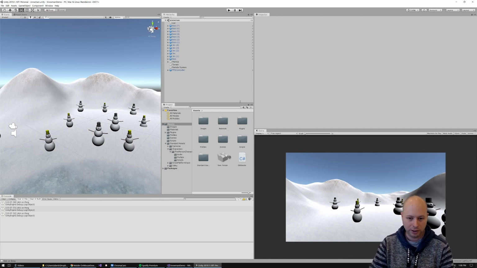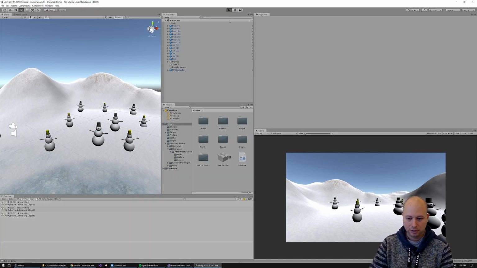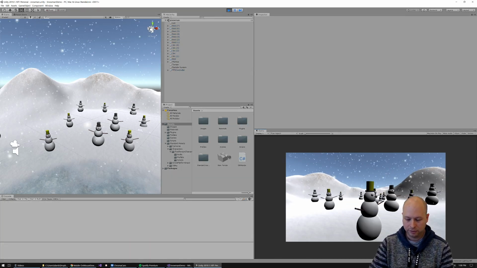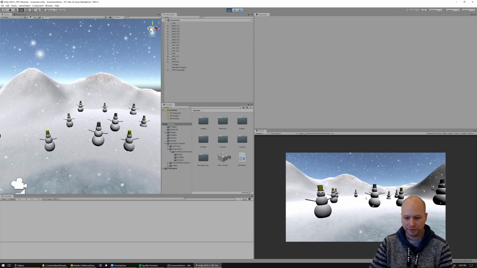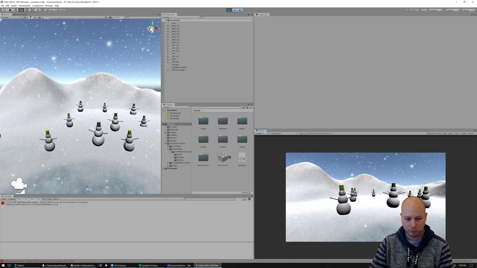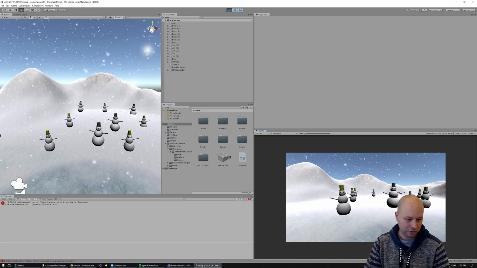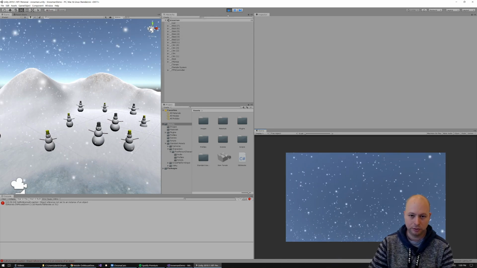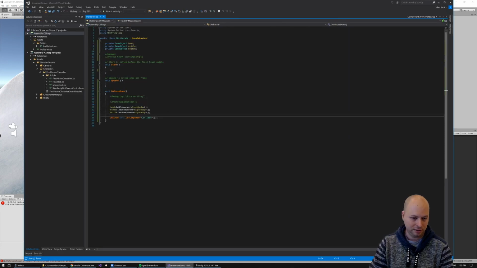And so if I go in and I hit play, as long as it's implemented everything, now if I hit escape and I click on this guy, it'll add, nope, no it won't. Why? Object reference not set to an instance of an object. So what we didn't do is we didn't actually attach head, middle, and bottom to anything. These are just empty